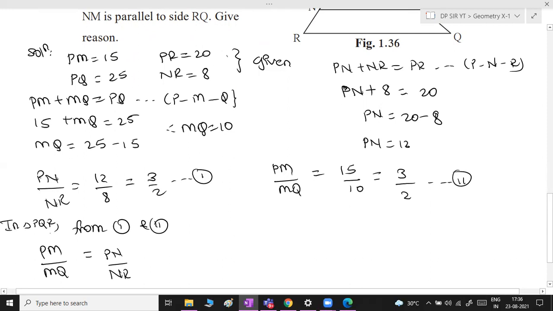Since the ratios are equal, by converse of basic proportionality theorem, it told me that line NM is parallel to side